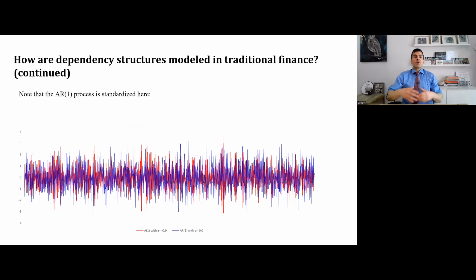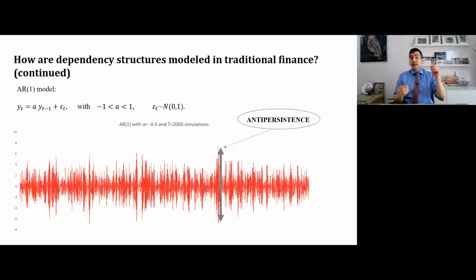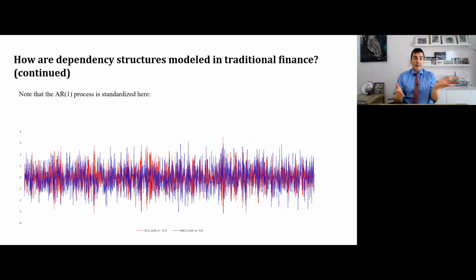So what I have done here, I have visualized the evolution of this process. First, I have normalized it. For each observation, I subtracted the mean of that process, yt, and divided by the standard deviation. This is how you normalize this process. And the red graph here visualizes the evolution of the standardized process, whereas the blue graph here visualizes the evolution of a process where the parameter